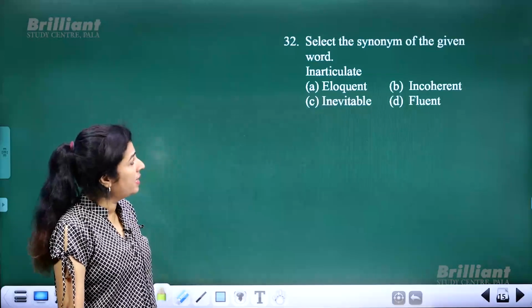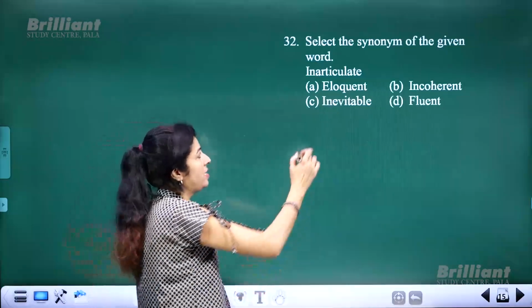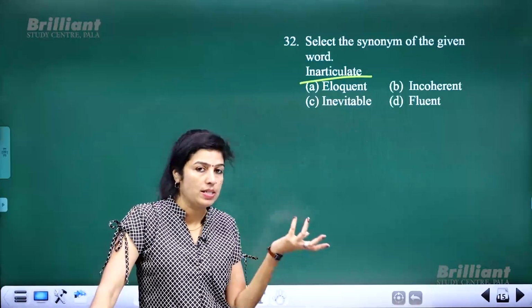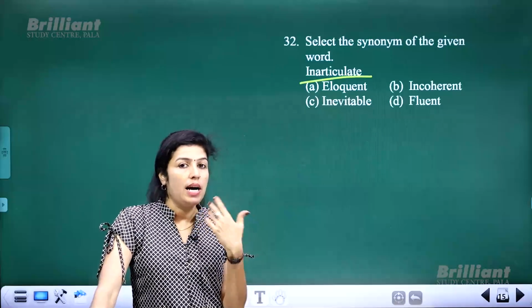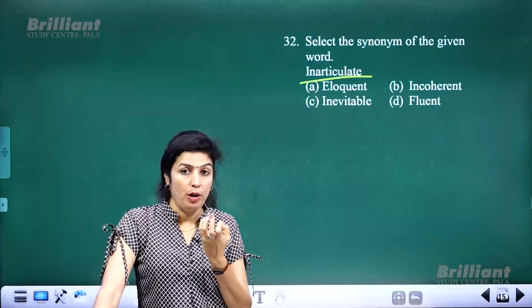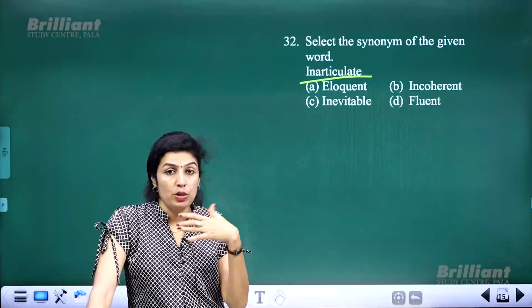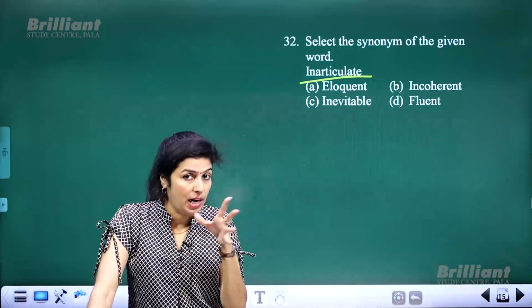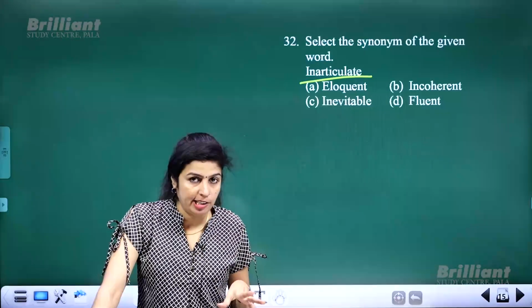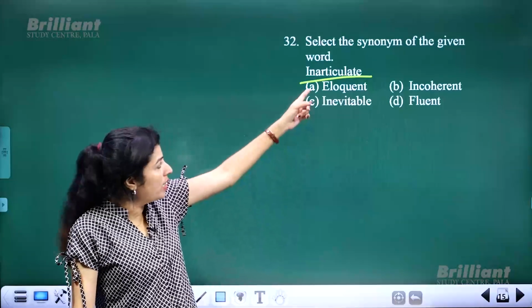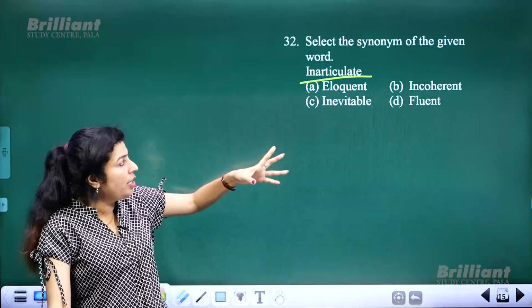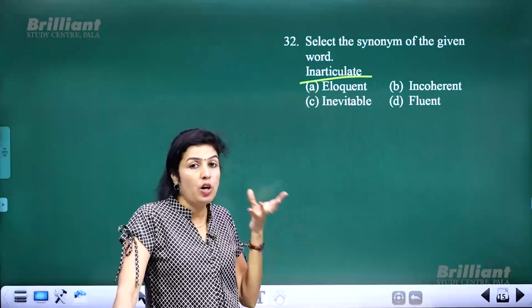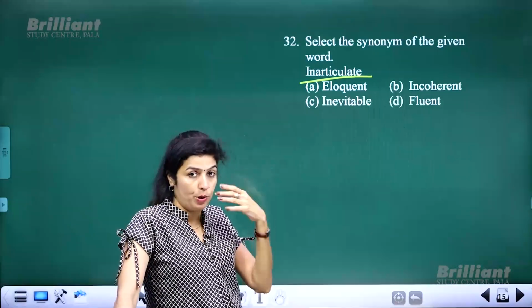Next is select the synonym of the word or similar, and which word is given? Inarticulate. What is inarticulate? When you produce sounds, we use this term in our speech. Okay, so articulate means when you are able to speak words, when you are able to produce sounds properly, if you are able to express yourself with the help of language, that means it's a power of articulation, or you can articulate. So, here the word is inarticulate. So, inarticulate means you cannot express yourself. You cannot use that power of speech. You cannot produce a proper way of producing language or sound.